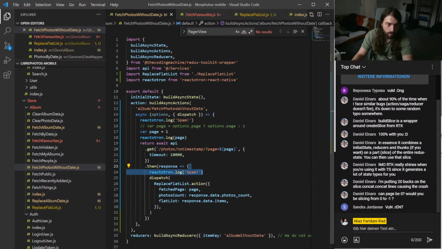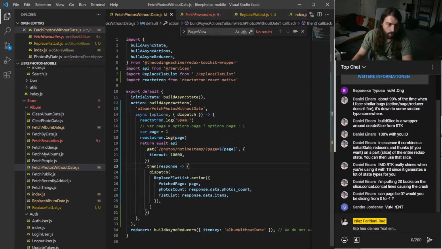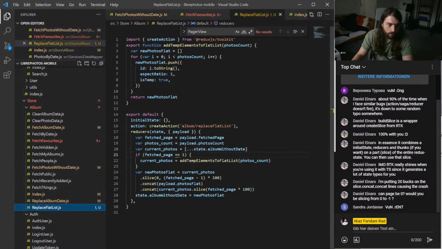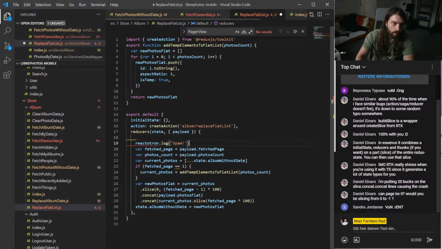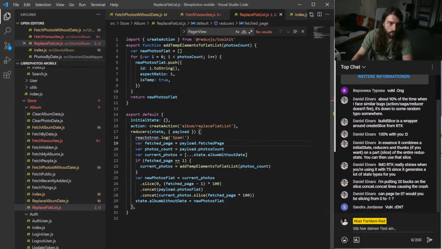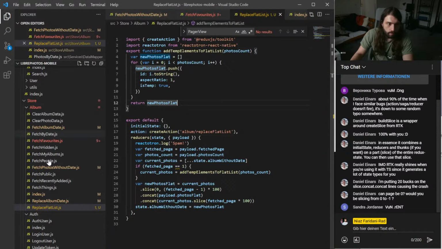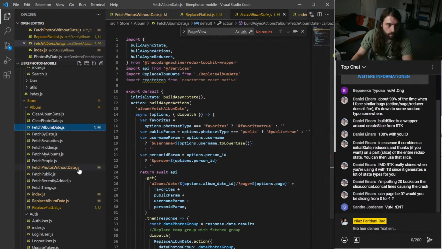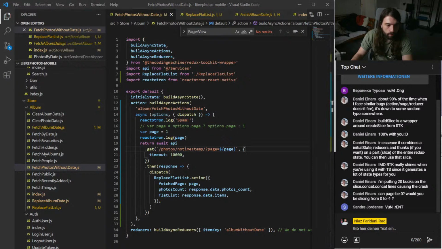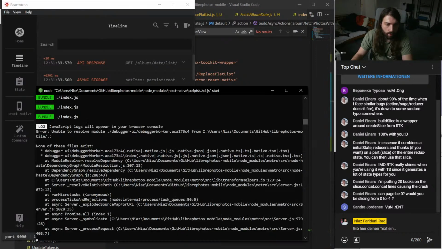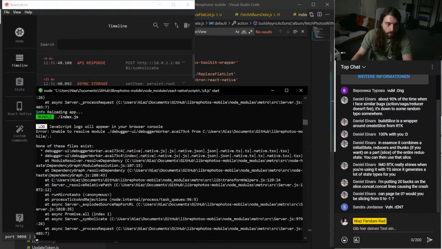So I will now check out if this actually gets called or not, because maybe we are closer than I think, and he just returns undefined somewhere.